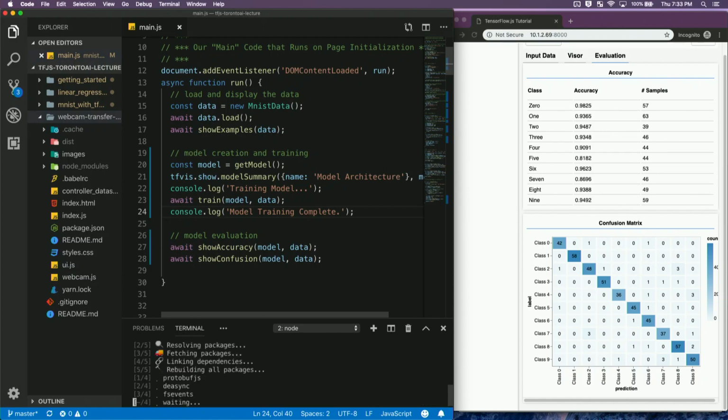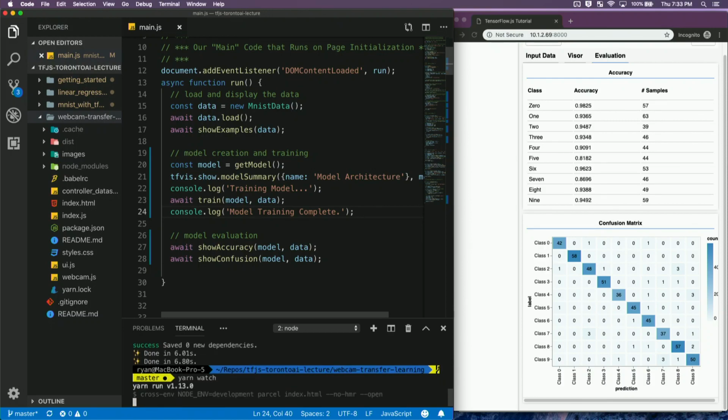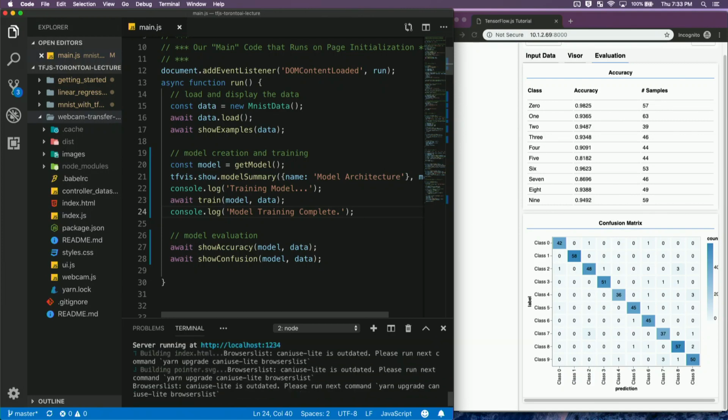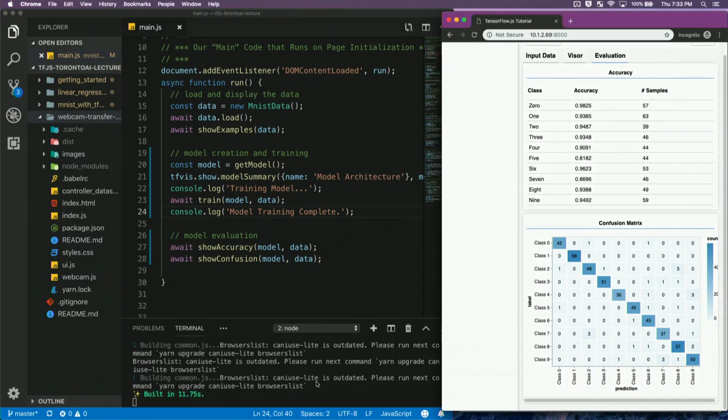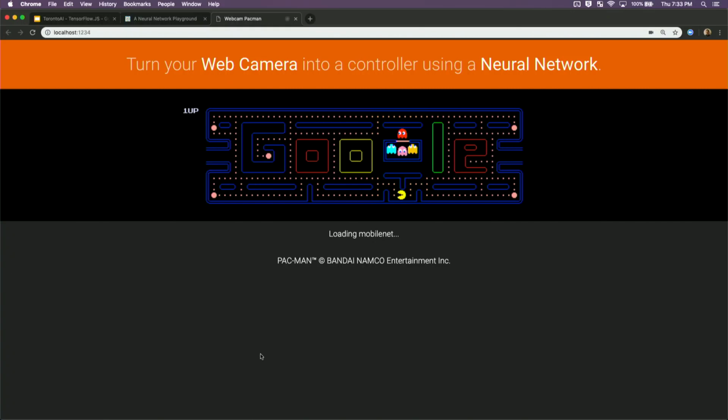So if you've got that, you can follow along, but if not, it's not super important right now. Then yarn watch is going to let us build this and launch it on a local server. So it's just going to take a couple moments. There we go. Okay, cool.